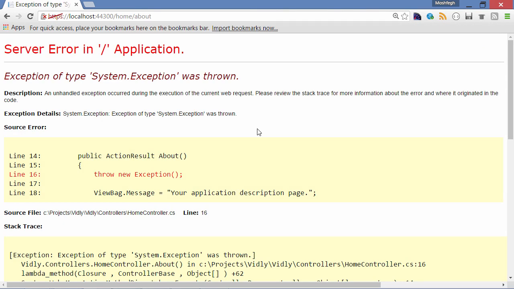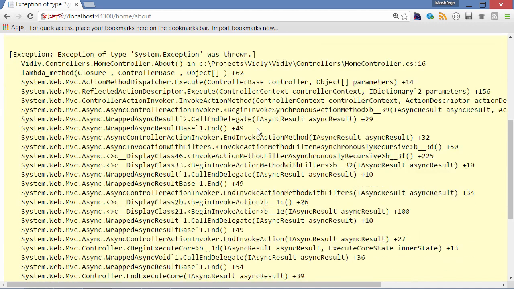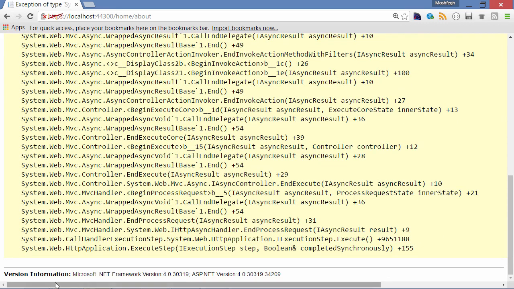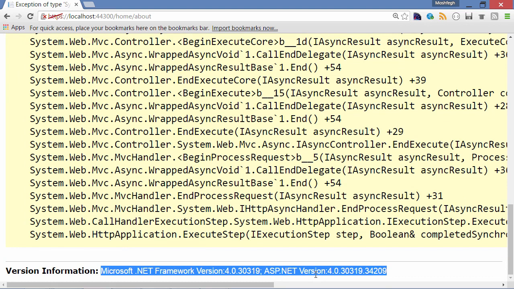This is great for us developers, but we don't want to display this in production. First of all, because this would freak out our users. And also, it would put our application at risk in terms of security, because a hacker can try various inputs into our application to get an idea of how we have written the code. They can also find the version of .NET we are using. So we're using .NET version 4, and with this, they can easily do a Google search to find the vulnerabilities